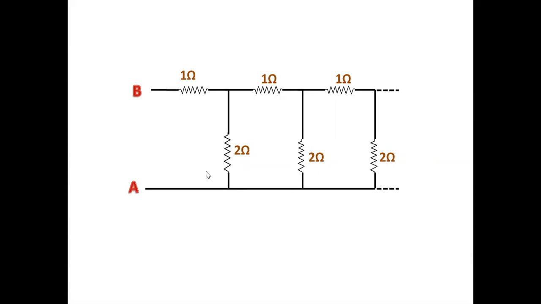Now what I will do is find the equivalent resistance between these 2 points, leaving the first ladder. I will find the equivalent resistance of the remaining ladders. That is, out of infinite chains, I will remove the first chain. What is the problem? Infinity minus 1 is infinity itself. So whatever the resistance that you get from here to here, I will take it as X.